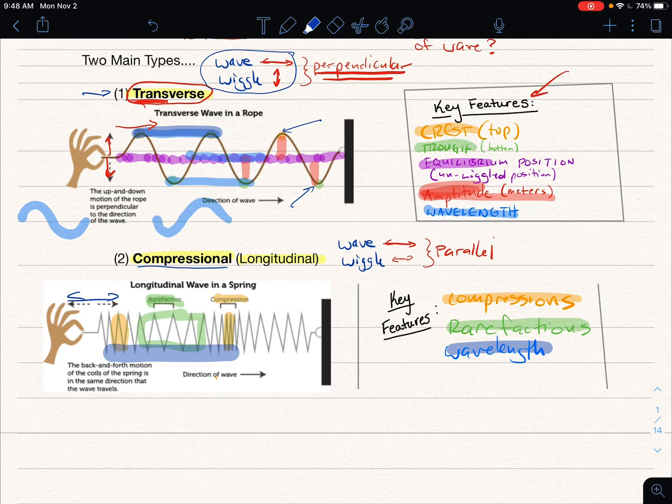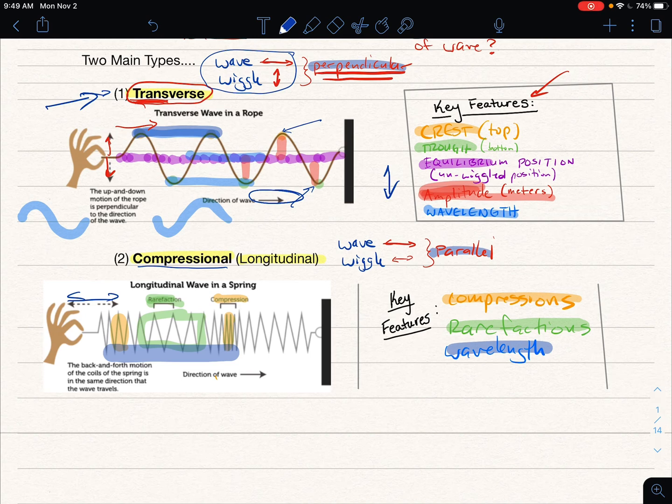So we can talk about waves either being perpendicular to their motion and their wiggle or parallel to their motion and their wiggle. This one right here would be an example of the wave in the stadium. You guys go to sporting events, well, we used to before the pandemic, and sometimes people would want to do the wave. Well, the wave moves around the stadium. It moves left and right, but the people stand up and sit back down.